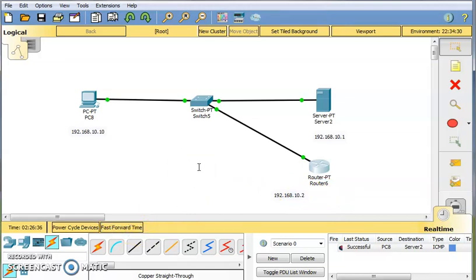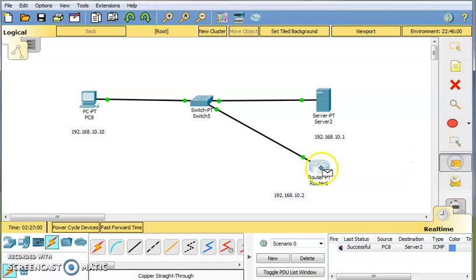So why is this TFTP server used? I have configured something in this router, and I have to store some backup. This backup is stored in this server, and this is transferred as a file. So it will give security for the configurations.